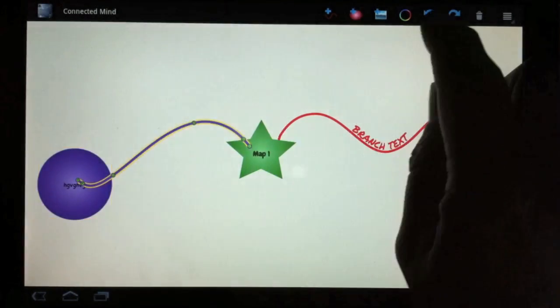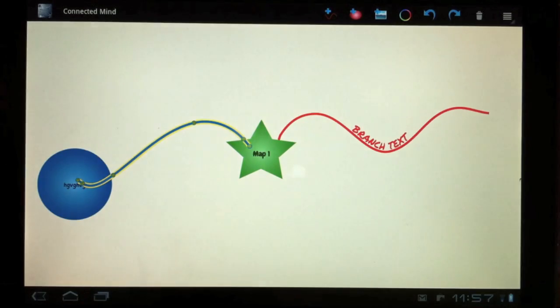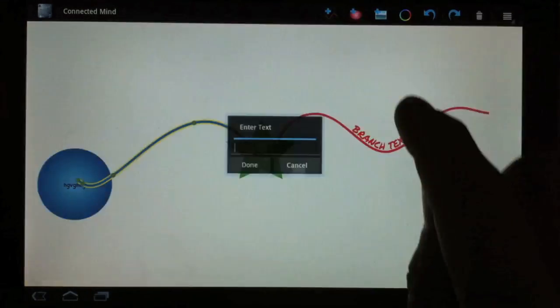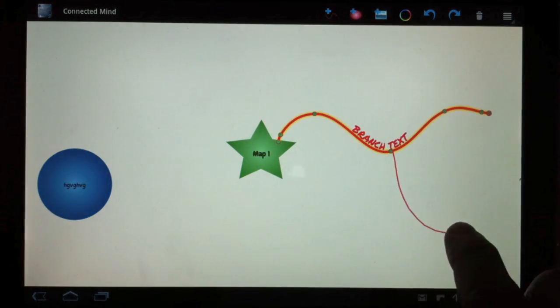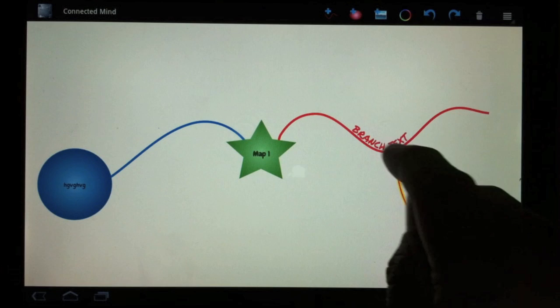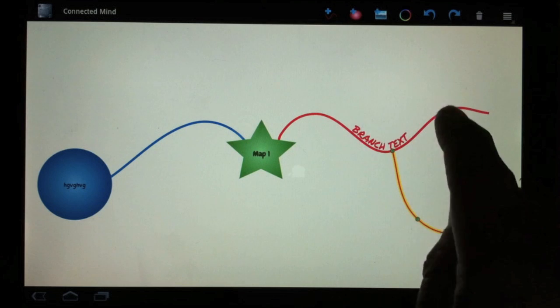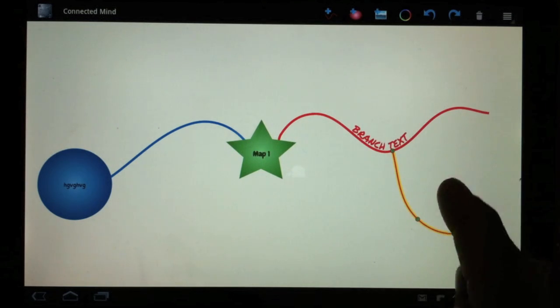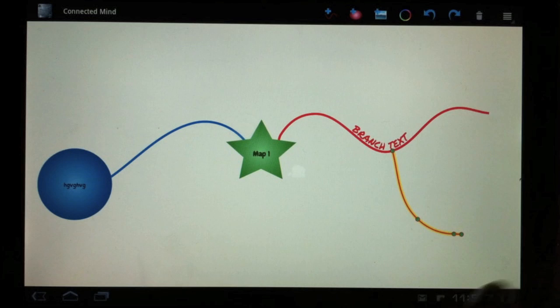So if I were to change the colour of this one, the colour of this one also changes. If I had a branch where I actually start drawing on a different branch like that, it realises that that's going to be a sub-branch of this main idea, and picks it up as this being the parent, and therefore uses the same colour and actually reduces the thickness of the stroke to indicate that it's a branch